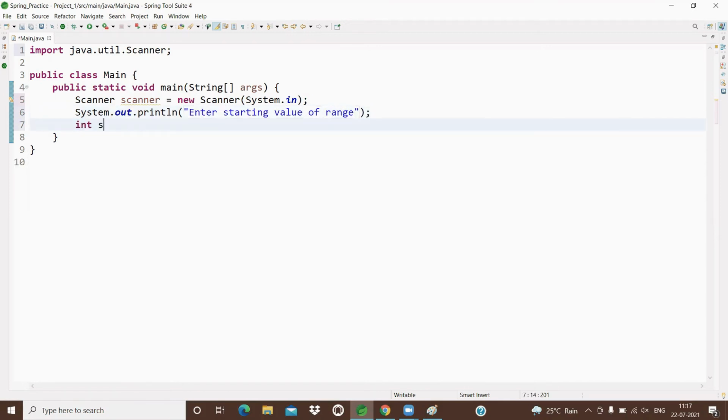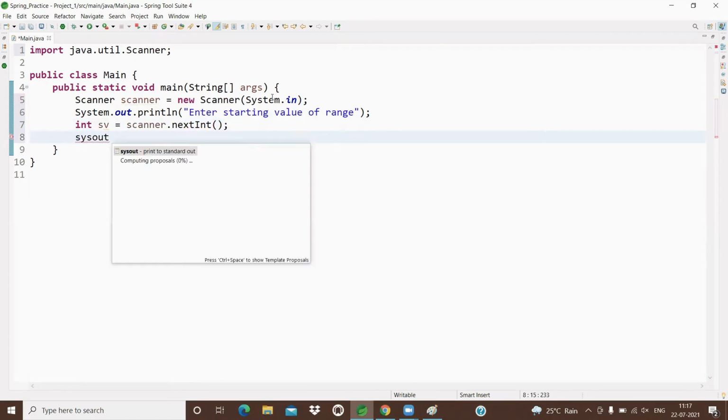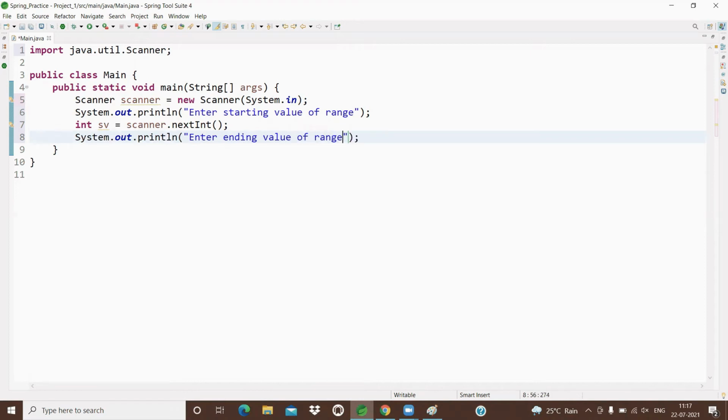That value I store in one variable, sv, using scanner.nextInt. I also give one more user-friendly message to the end user: Enter ending value of range. That value I store in a variable like ev, and read it using scanner.nextInt.